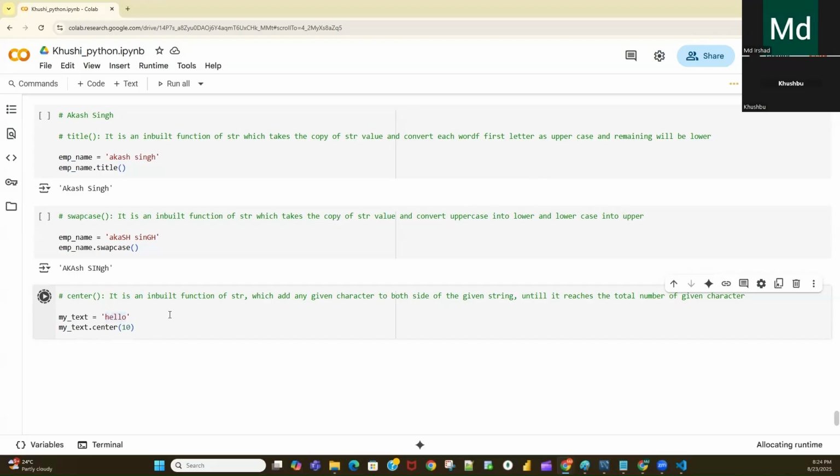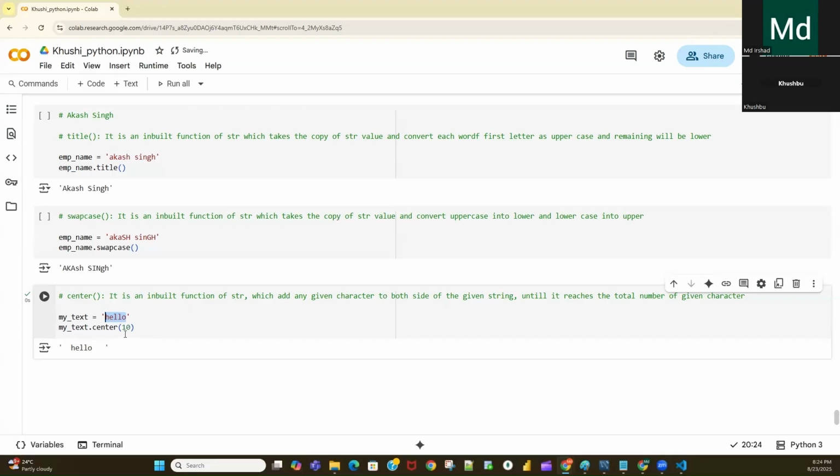So if I execute this code, see here it is adding spaces. In this string, a single space is one character. So how many characters do we have in this given string? Total 5 characters, right?